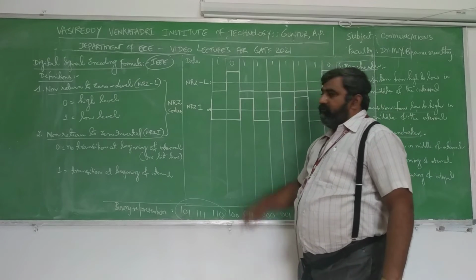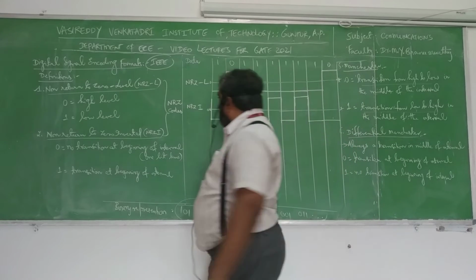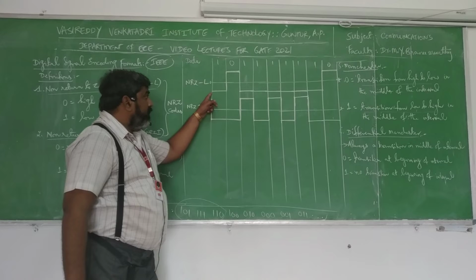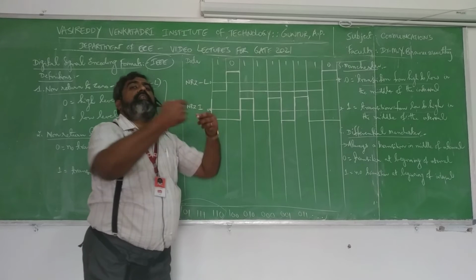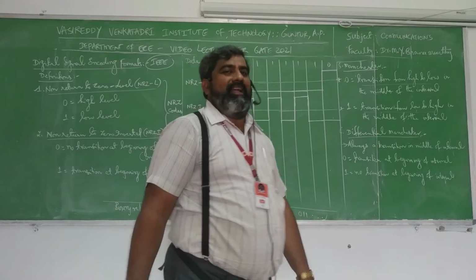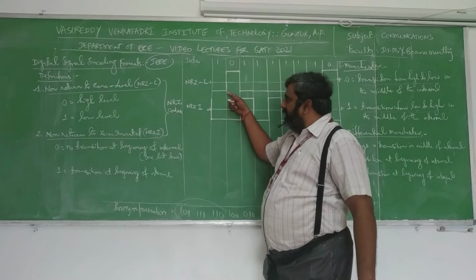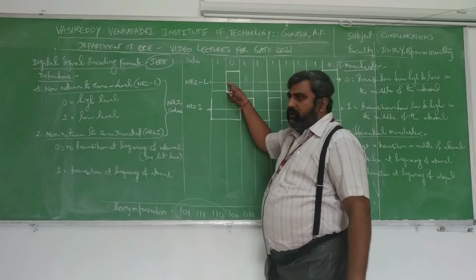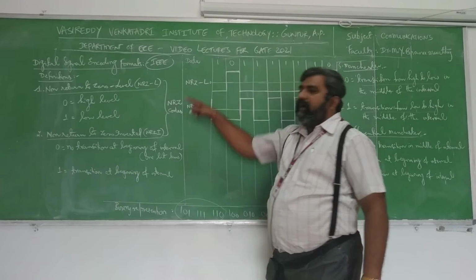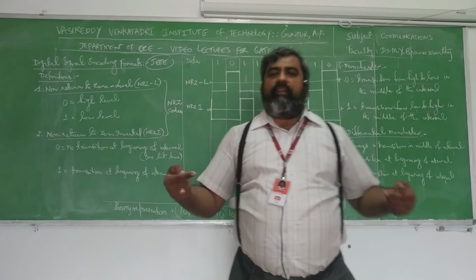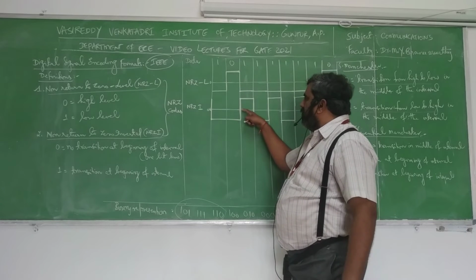As you can see now, the question is why it is called non-return to 0. This is why it is called non-return to 0, because the value reaches 0 only after the completion of that 1 bit time. The level, or the pulse, whatever we are drawing, comes back to 0 only after the completion of that 1 bit time. So that is why this is called